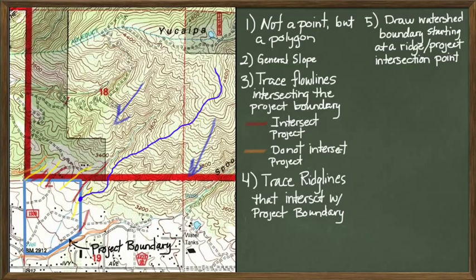And I just go up the hill to a point where it looks like I've gone far enough. I'm not sure, but maybe it's a little bit further, and I draw the rest of the way up, and then I go over to the other project boundaries for all the offsites and draw lines up perpendicular to the contours to try and find where all of the watershed areas drain to our project site. So for me, this is how I've envisioned this. This is what I see as the subbasins that impact our site.